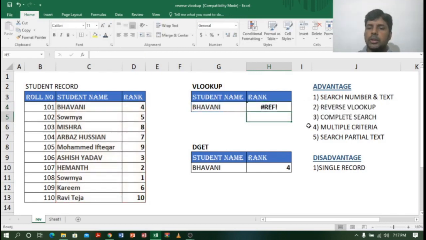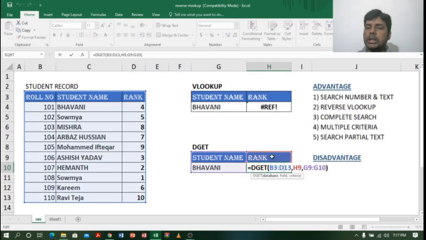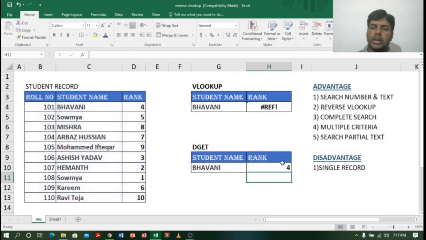But the DGET function is still showing the answer 4. Why? Because we have selected text instead of a column number, so it can search by text. So if you add a column or remove a column, it will not affect. Nice, right? So let me undo that to get my marks column back.